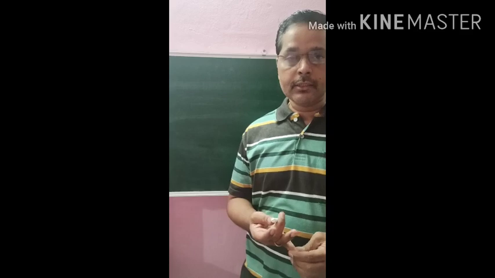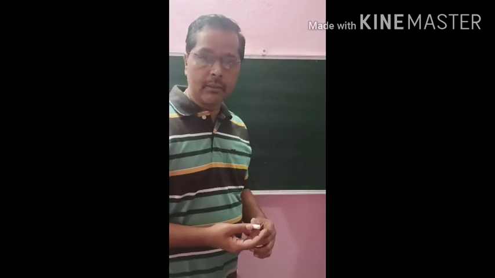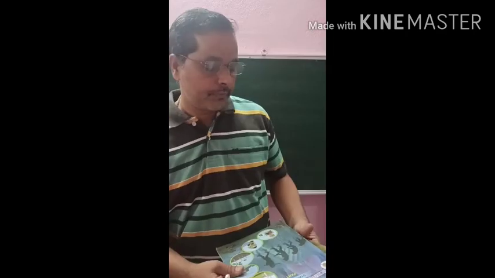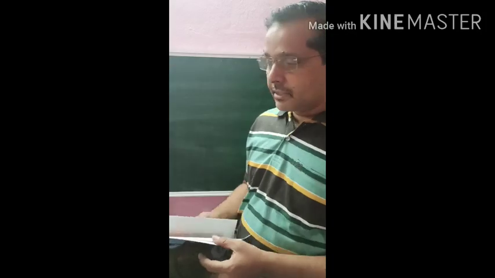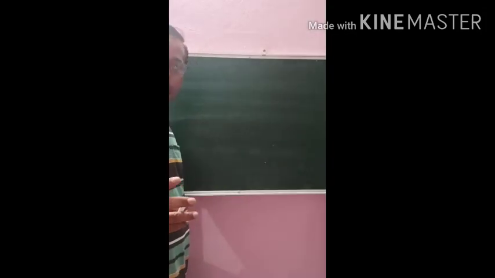This is our first session, our first video, in which we discuss only the science paper part 1 and part 2 syllabus, marking scheme and paper pattern. Friends, this year we are going to study two books, Science and Technology part 1 and Science and Technology part 2. Part 1 has physics and chemistry in it, whereas part 2 has biology and environment.